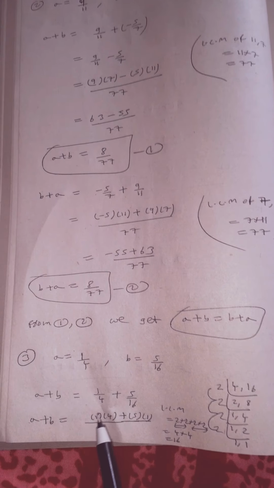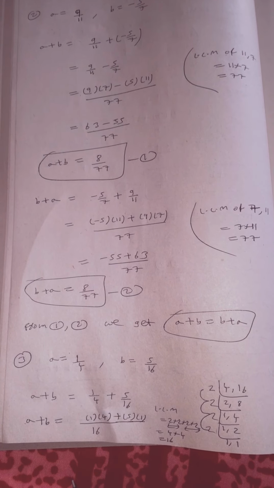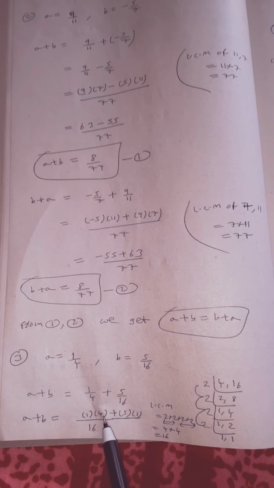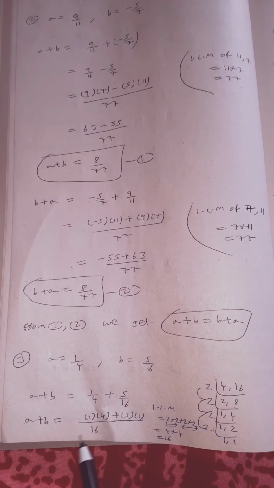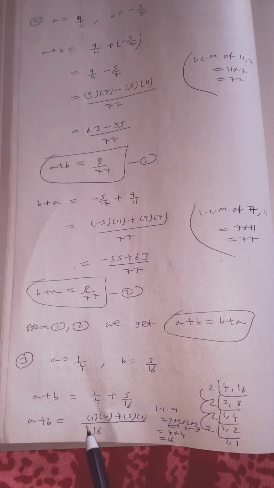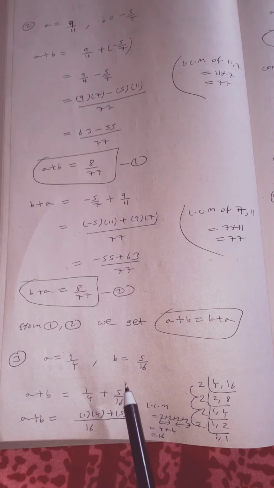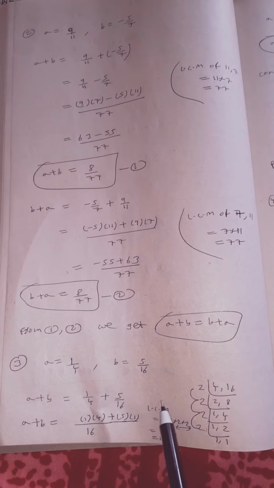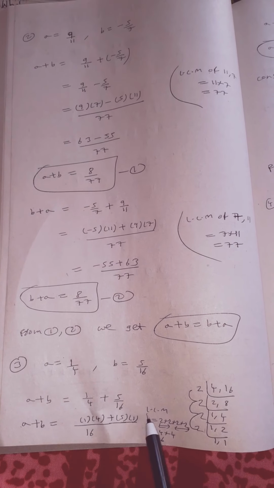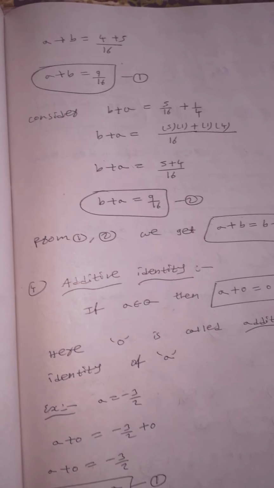So A plus B is equals to, write this 16 as it is, children. So in 4 table 16 goes how many times, children? 4 times. So here be careful, children. Whenever the same table condition comes, be careful. So in 4 table 16 goes 4 times. Plus write this 5 as it is, children. So in 16 table 16 goes how many times, children? 1 time. So 1 4s are 4, 5 1s are 5. 4 plus 5 is how much? 9. That only I have written, children.